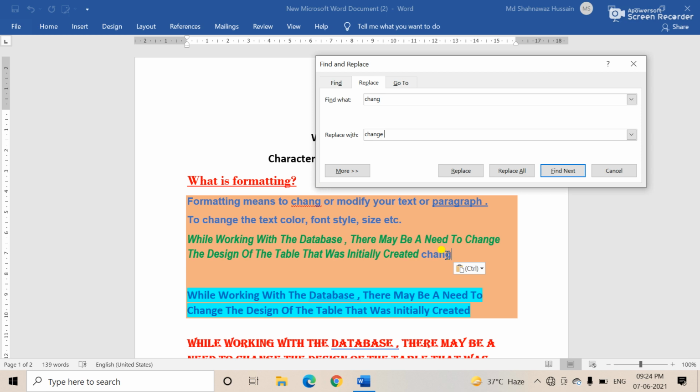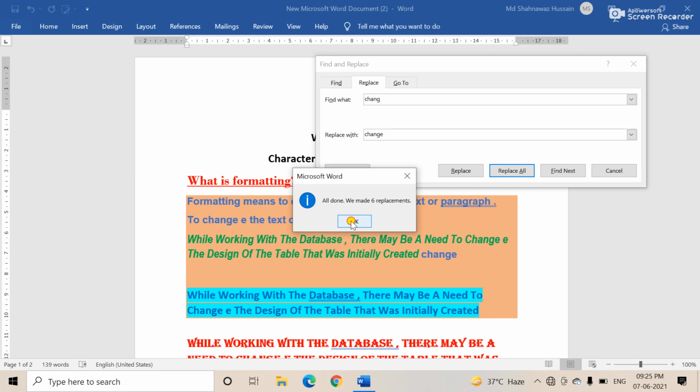How many times you wrote it is no issue: 2 times, 10 times, 15 times. Suppose you have 50 pages, and in the pages you wrote a contact number, but some digits are missing. It is not possible to go to every place and modify. It takes too much time. So using find and replace, with just a single click, you change it. First you write the find text and then the replace text, then Replace All, see, all done.